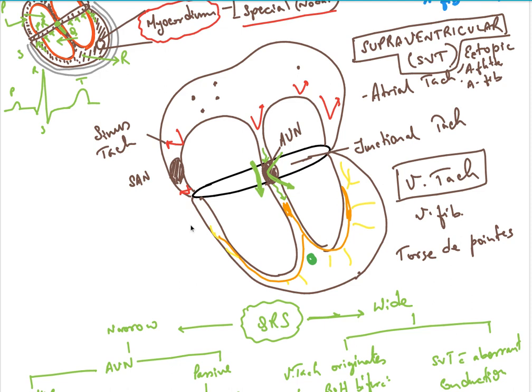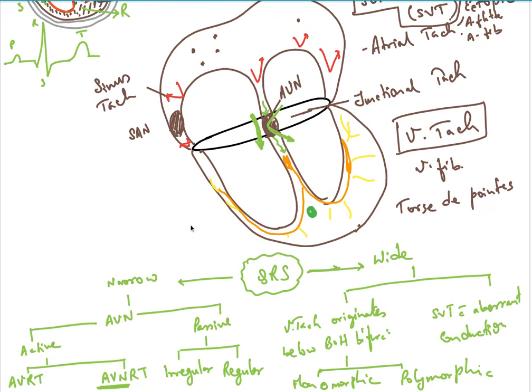Now torsades de pointes is something which is ECG based, and it is very important. Questions have been asked on it in previous years. But this is completely ECG based. That is why we had that discussion on ECG earlier, and hopefully you will be able to understand. We will discuss torsades de pointes later on. First, we have got other things to discuss.